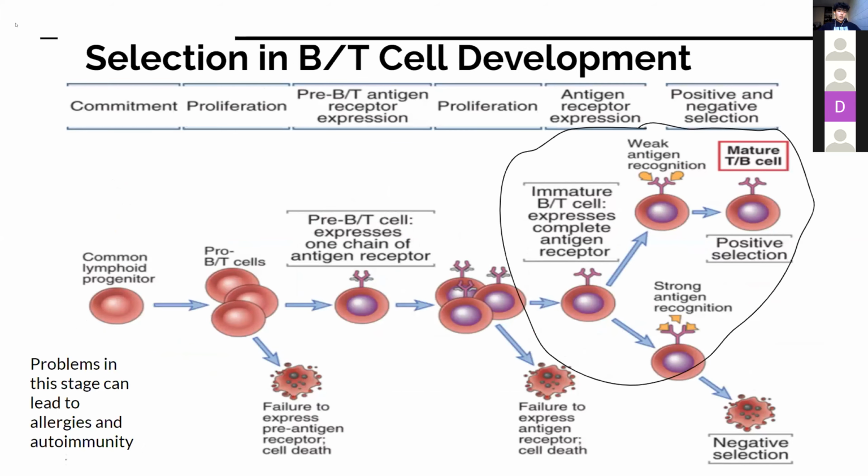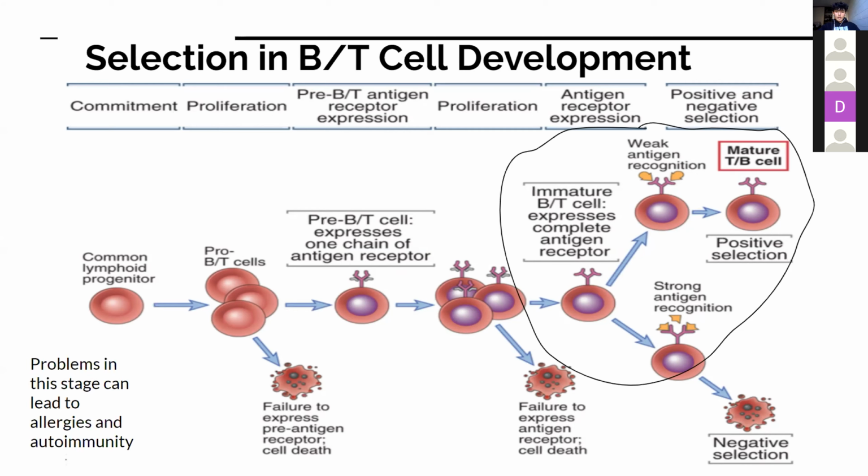So this isn't ridiculously important, but it is kind of important to get your head around it, because problems in this stage in regards to the natural selection of B and T cell development is what leads to allergies and autoimmunity. So effectively, you have your progenitor cells, and then you have your pro or pre B and T cells, and